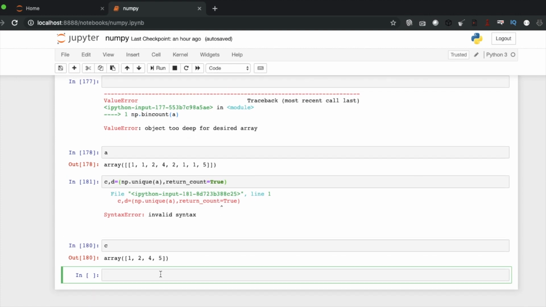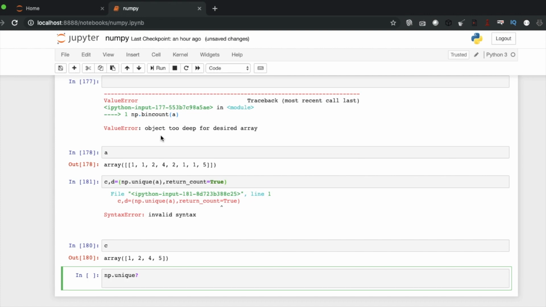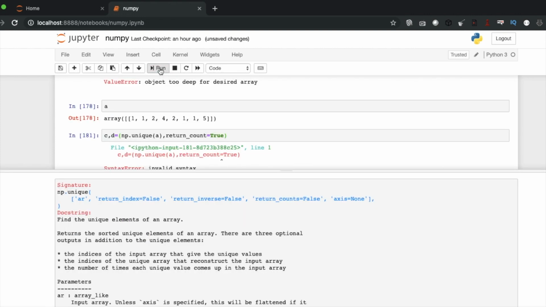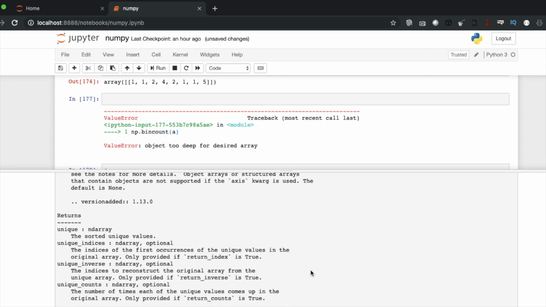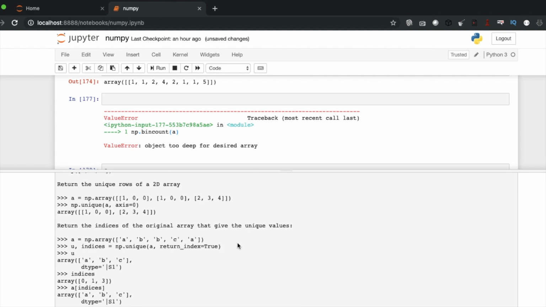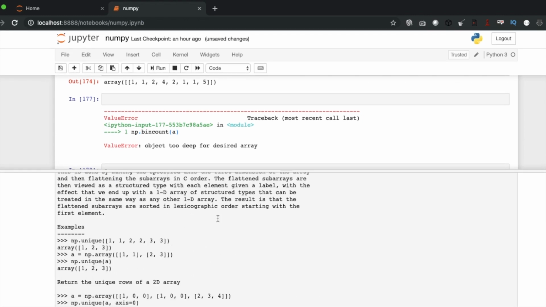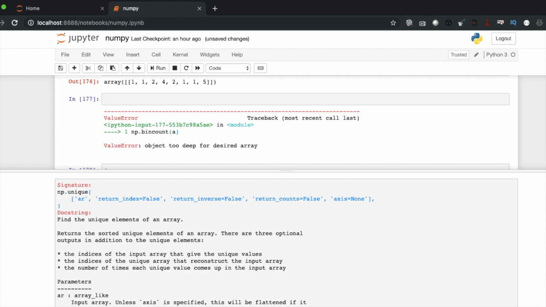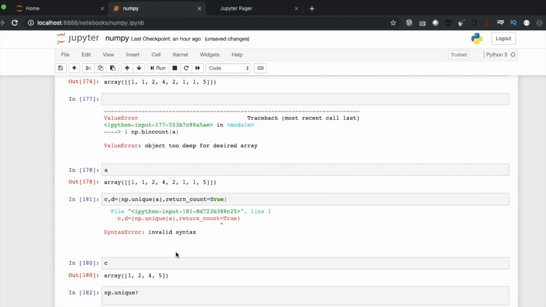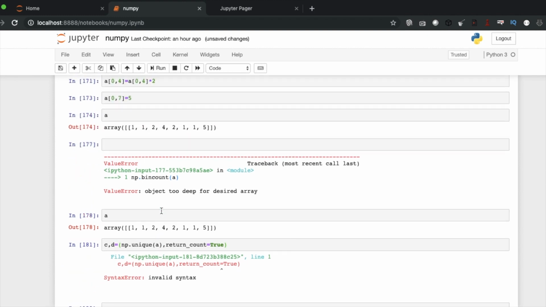Let me check np dot unique, return counts. Let me check actually first where it is.